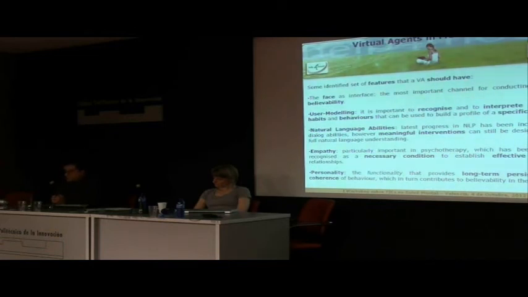And finally, the personality. This functionality provides long-term persistence over the behavior of the virtual agents. In our project, from the clinical focus groups, there were some preferences: one group said the virtual agent should be more neutral while interacting with the user, and other patients said it would be useful if the virtual agent behaves more friendly, nearer in the dialogue when interacting.